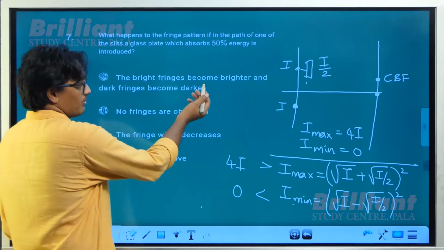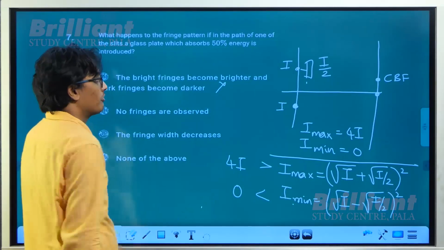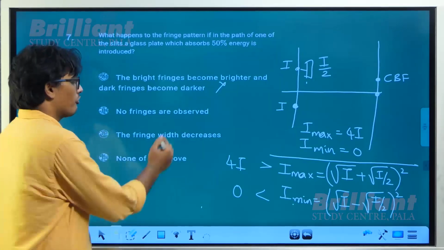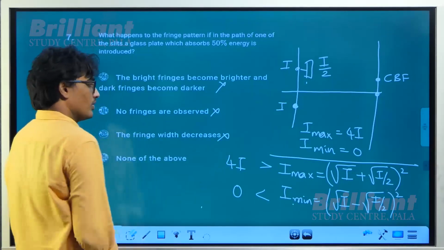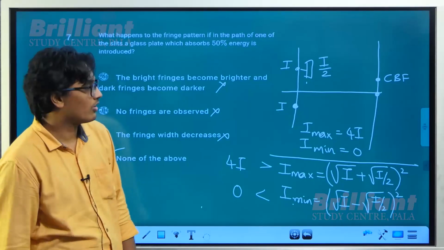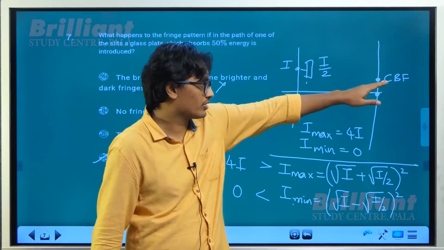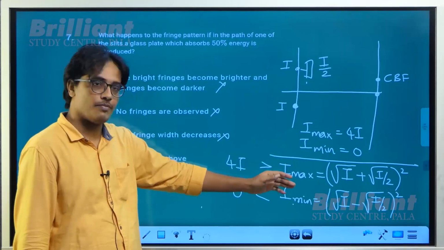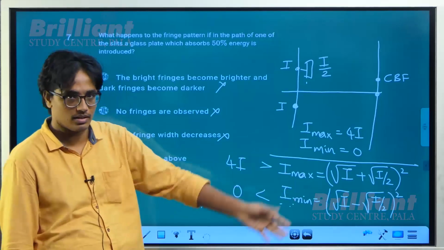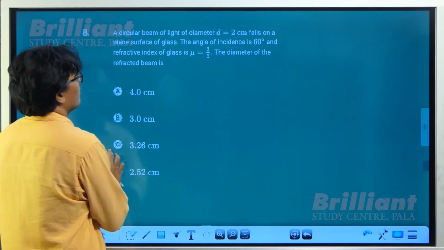So the bright fringe becomes brighter, wrong. Bright fringe becomes darker. No fringes are absorbed, wrong. The fringe width decreases, wrong. So answer is none of the above. So your answer should be central fringe shifts towards the glass slab, and bright fringe becomes darker, and dark fringe becomes brighter. Okay. Next, a circular beam of,